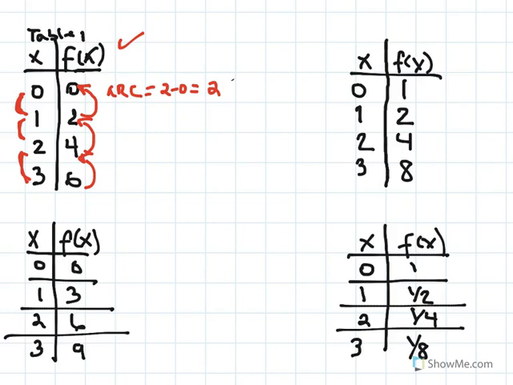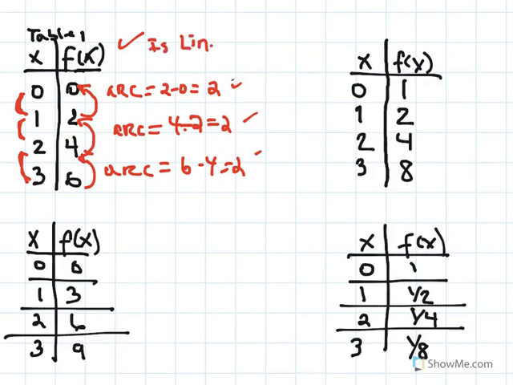Okay, so let me go between the second and third output, the average rate of change. Again, all I had to do is subtract 4 minus 2, and 4 minus 2 is again 2. The average rate of change between the fourth output and the third output is 6 minus 4, and 6 minus 4 is 2. Yes, so this function is linear,